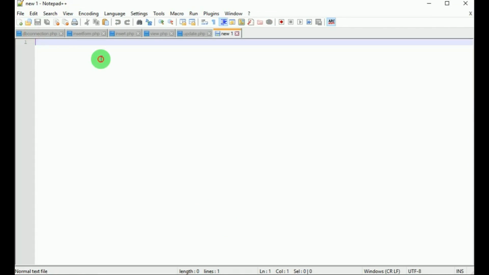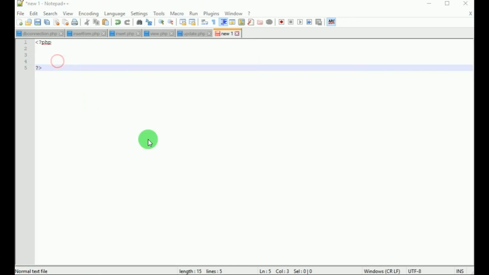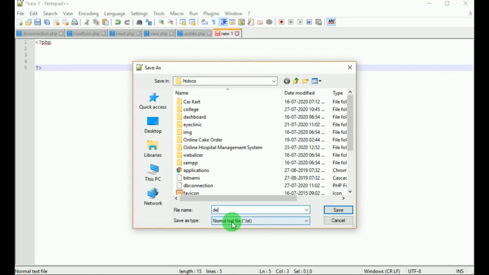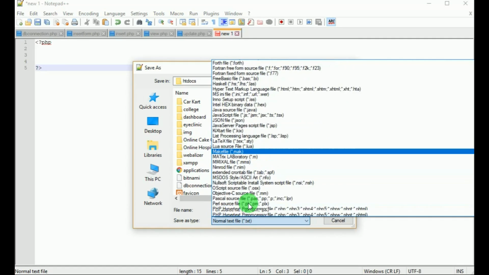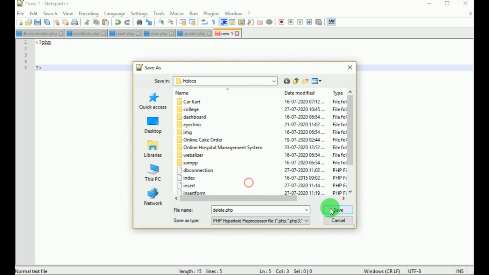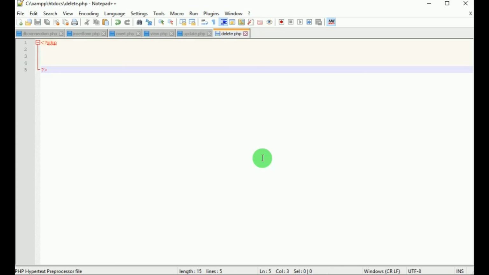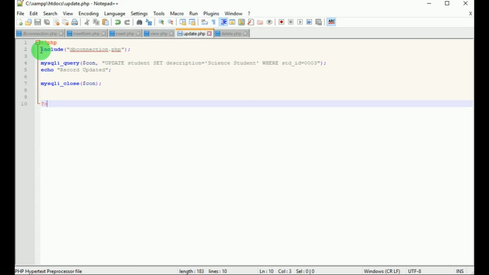Now let us see how to delete the records in the database. Let's create the file and let's save this as delete and save as type PHP. All the PHP code must be within the PHP tag.